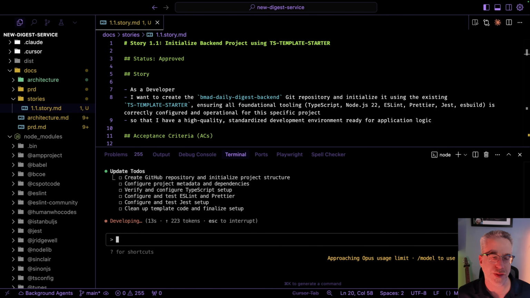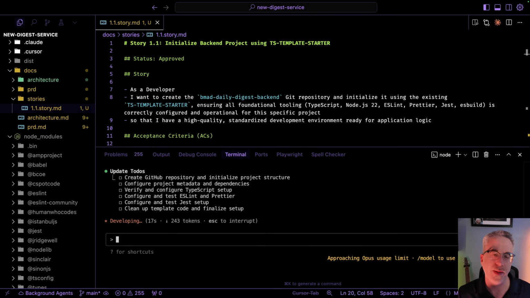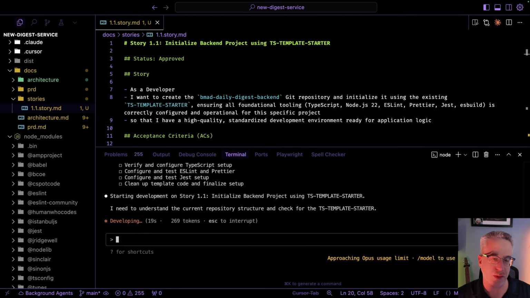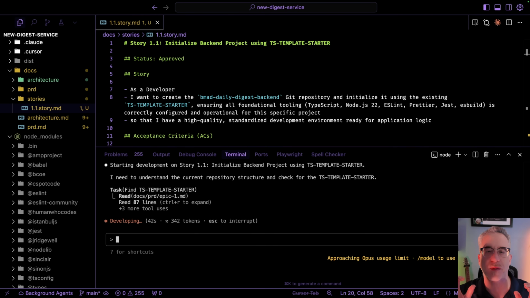But to make it more efficient, what I would honestly do is just drag in the story and say, develop this story. It won't have to do that searching and it'll save a few tokens and just make it a little bit more efficient. Next time, we can do a full project build together from the web through the IDE,